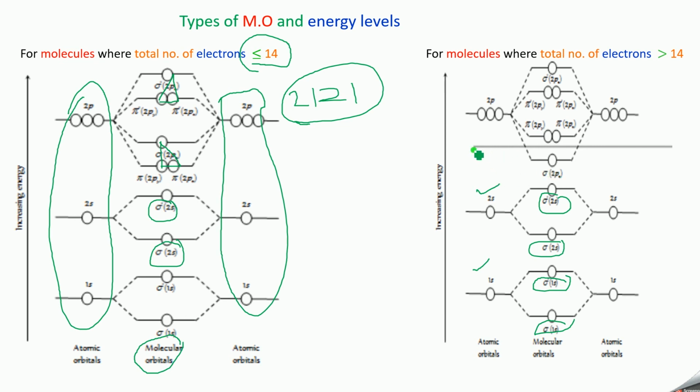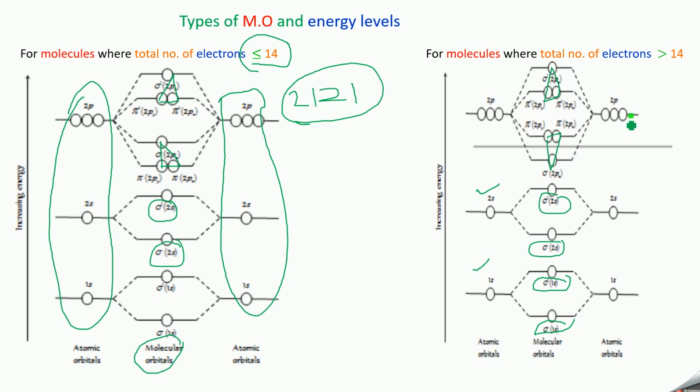So this alone, there is a line here. So this line alone you remember. If you remember this, you can easily write. Here there is no change. The pi star 2p orbitals will be in lower energy, then the last one is sigma. So there is no change here. So you will have a triangle like this. But this one, there is a change. So you have to write the inverted triangle. So here you have a triangle, but here you have an inverted triangle.